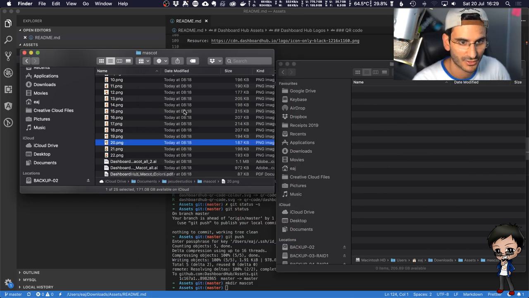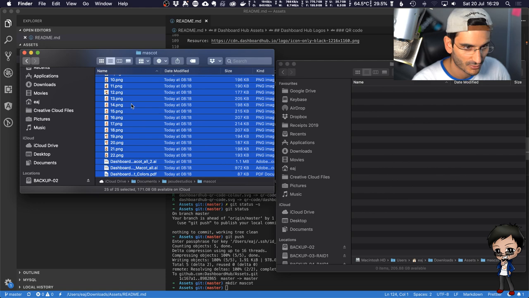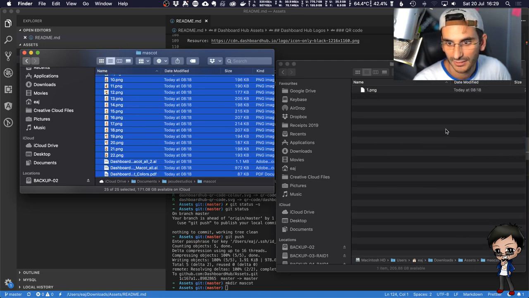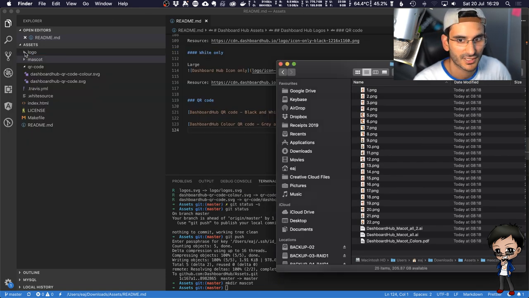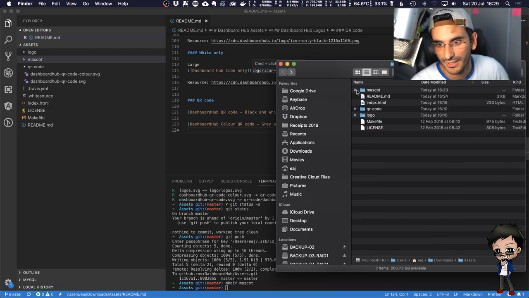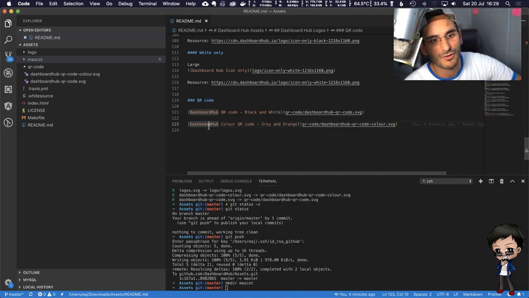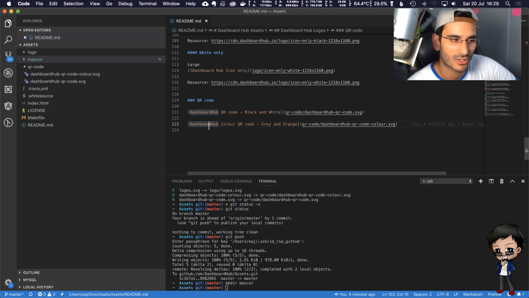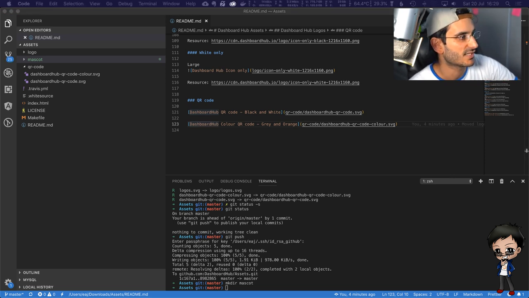So let's do that now. I'm just going to copy it all over to here. Copy it over, and I can close this. Don't need this. So if I go up a directory, now mascot is full. So what we're going to do is, it's all in the mascot directory. I don't know if I want to list every single mascot in the README, because we'll be here all afternoon. What I'll probably do is just list the main one and just say there are others, do have a look.